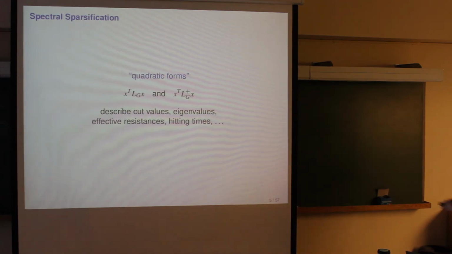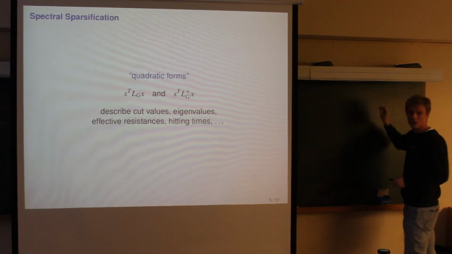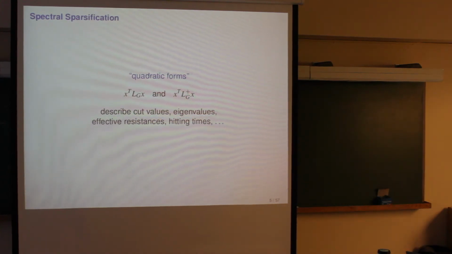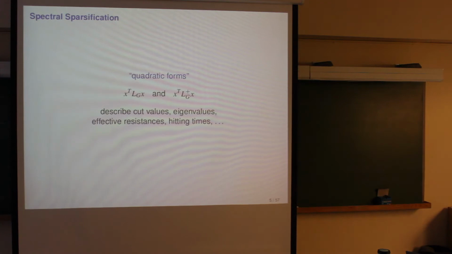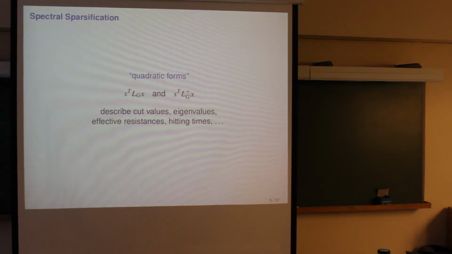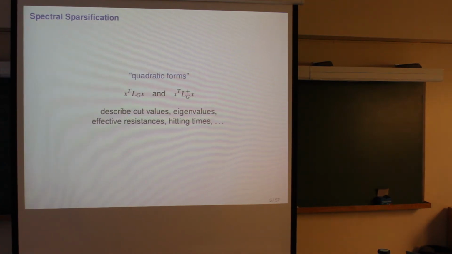Okay, the cut value is basically like you have a certain graph G, you have a node subset S, and you can define the value of S, or basically the value of the cut S and its complement, as the number of edges that you have to cut. I mean, the weighted sum of the edges that you have to cut. So you sum over all i in S, j in the complement of S, and you just sum all the weights. Right, so for an unweighted graph, this is just the number of edges between S and its complement.